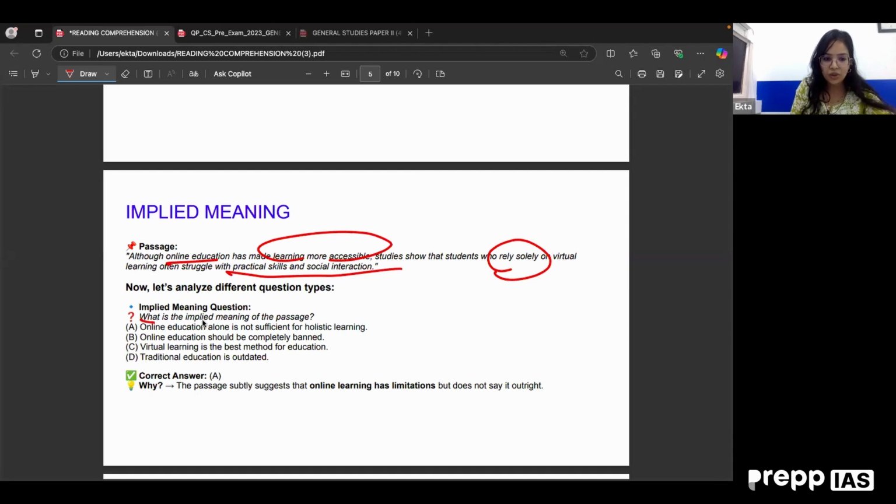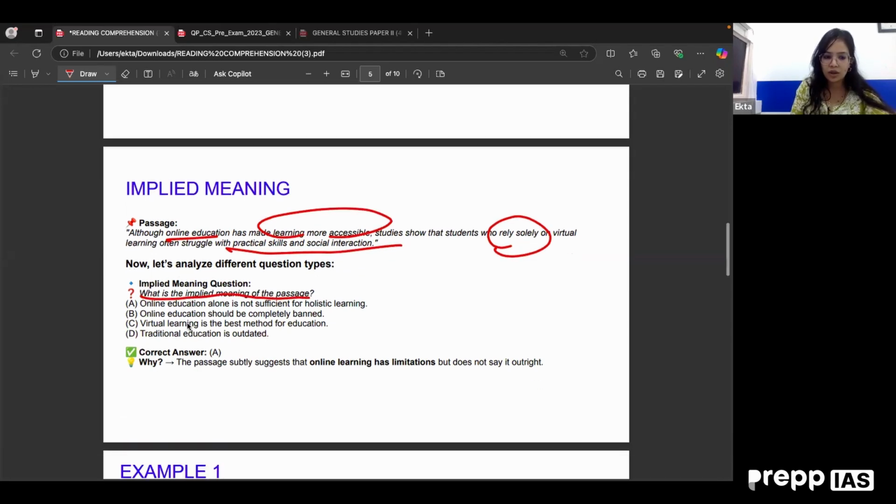Now, implied meaning का question है, what is the implied meaning of the passage? Online education alone is not sufficient for holistic learning, right? ये जो statement है ये कहीं mention नहीं है, but अगर इसकी implied meaning देखें तो author यही कहना चाहते हैं ना कि अगर उन्होंने ये बिलीव नहीं किया होता देन व्हाई वुड ही मेंशन द सेकंड पार्ट। पहले पार्ट में उन्होंने बताया कि ऑनलाइन लर्निंग से एजुकेशन एक्सेसिबल हो रहा है, बट देन ही इज सेइंग दैट ऑल्दो सोलली इस पे रिलाई नहीं किया जा सकता, राइट, बिकॉज देयर आर सर्टेन लिमिटेशंस टू। सो ऑनलाइन एजुकेशन अलोन इज नॉट सफिशिएंट फॉर होलिस्टिक लर्निंग।